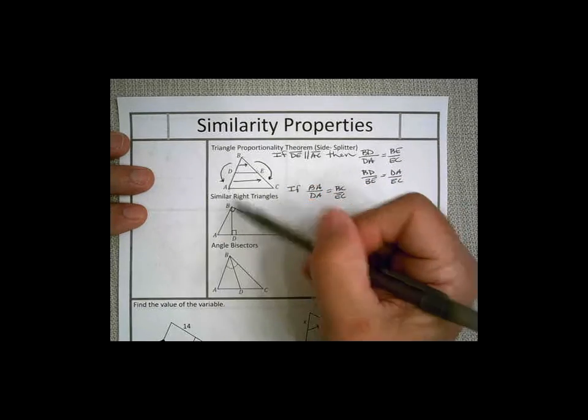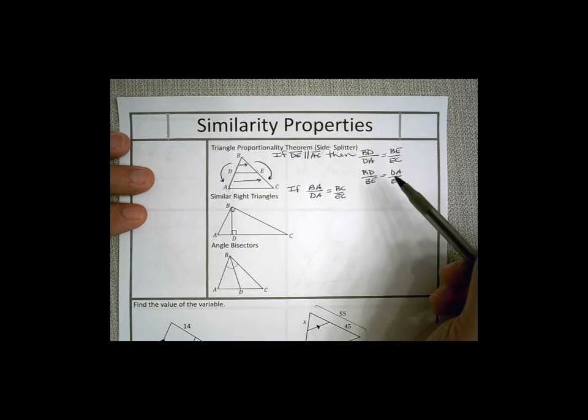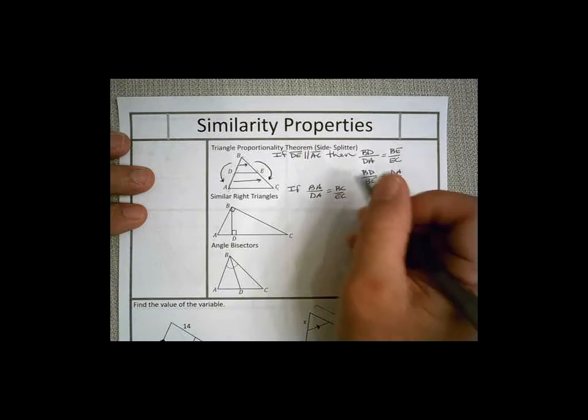So if we say BA over DA equals BC over EC, then